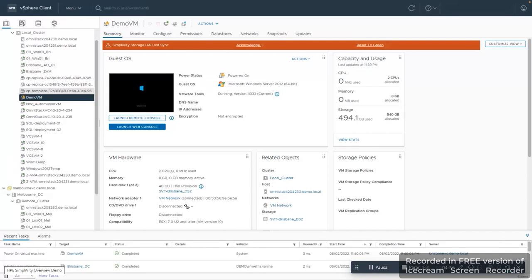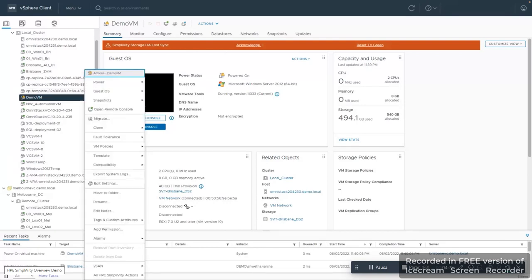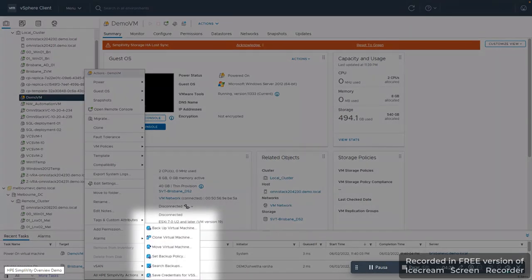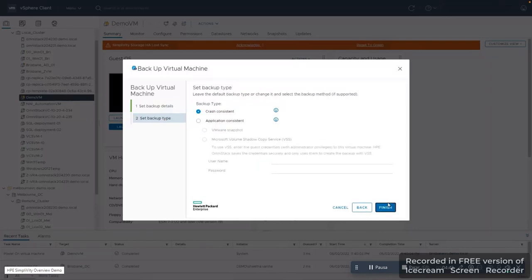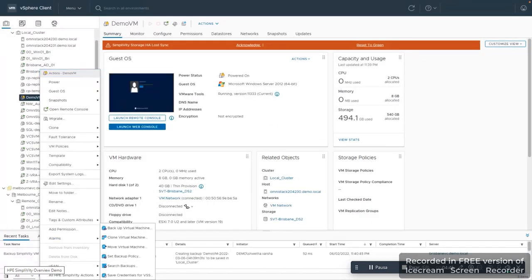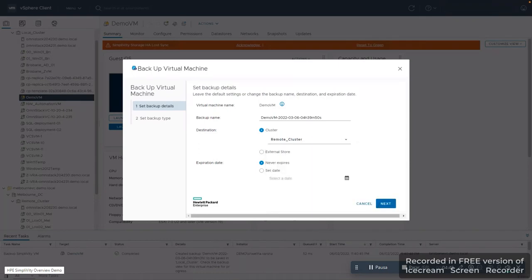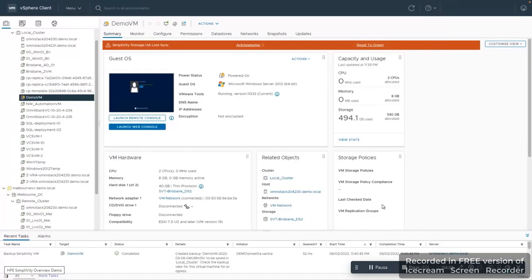Now let's take a couple of backups. Right-click the VM, select all HPE SimpliVity actions, backup virtual machine, and notice how simple this is. I don't have to do a lot of configurations. All we need to do is choose the cluster to take the backup in. It could be the native SimpliVity cluster or an external storage. Let's do a local backup and then backup the same VM to the remote cluster. Another great feature with HPE SimpliVity is that each SimpliVity backup is independent of each other. That means even if a VM is deleted, SimpliVity backups will still